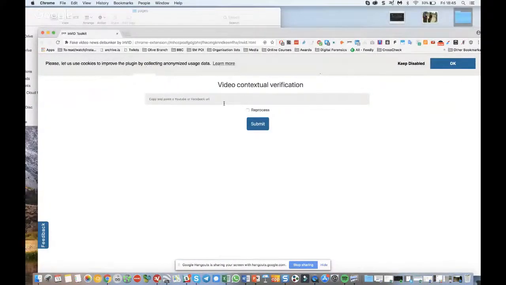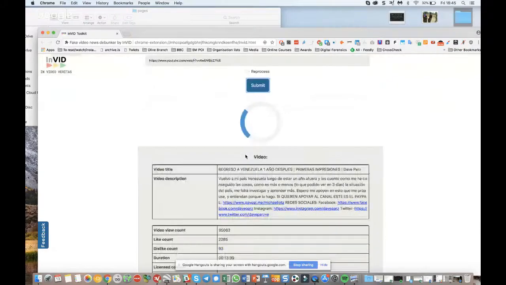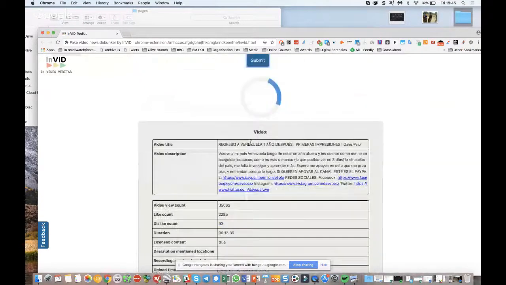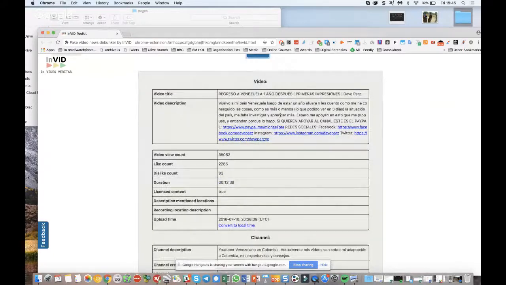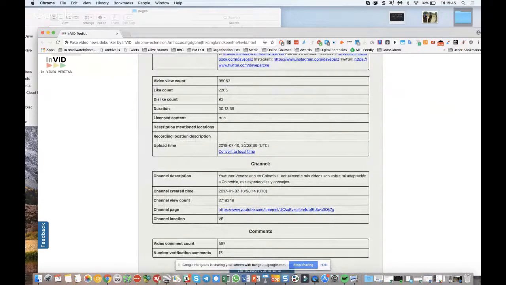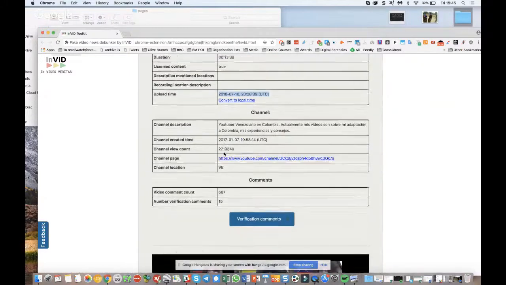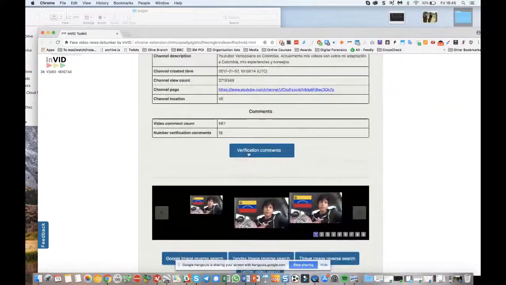So if I want more data about the video, I'm going to click on the analysis part. Paste the URL, whether it's a YouTube or a Facebook one, and it's going to process it for me and give me information in an easy manner to look at. So I'm going to have the title, description, which you already see on YouTube, but more interesting for everyone is the upload time. When you want to know when the video was uploaded, you can convert it to your local time, which channel it belongs to, the number of views for the channel.